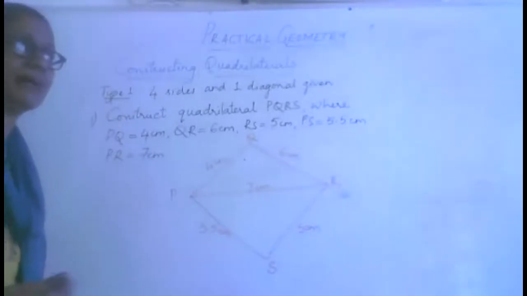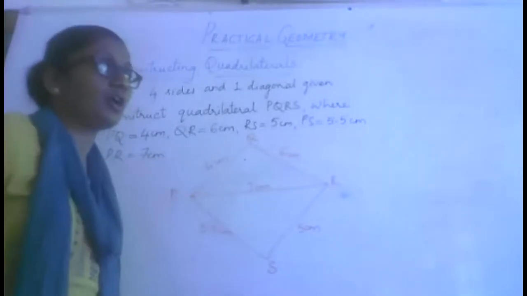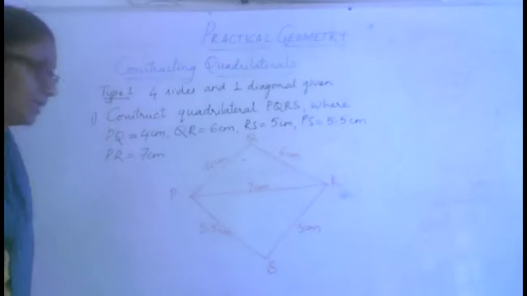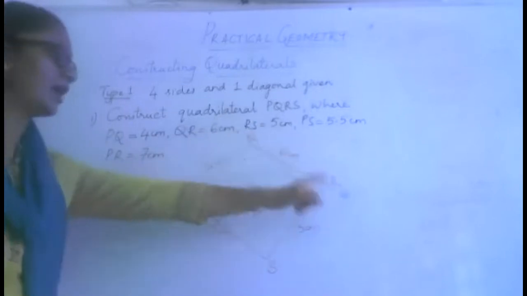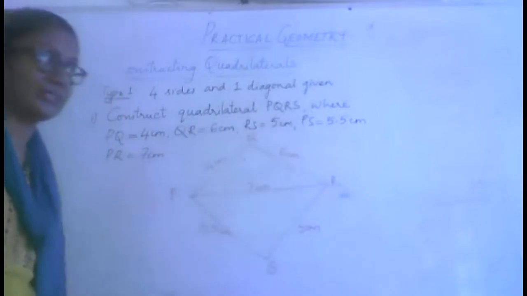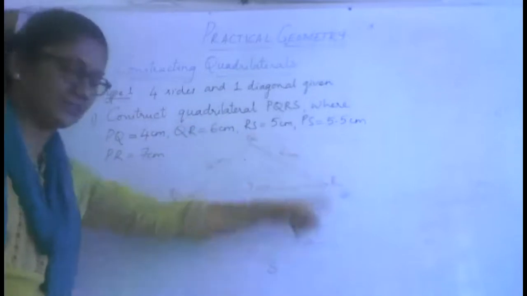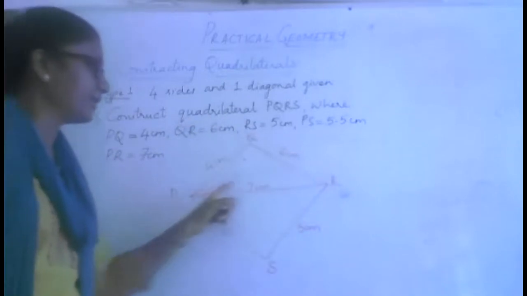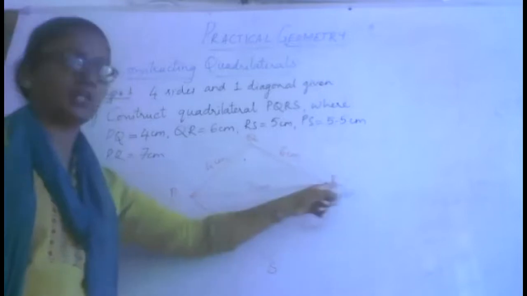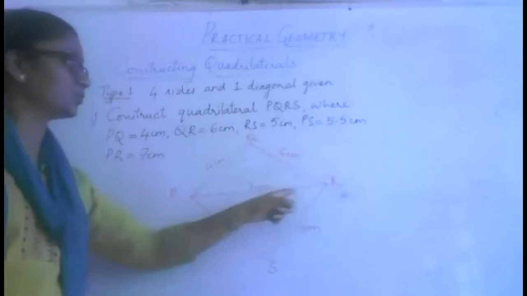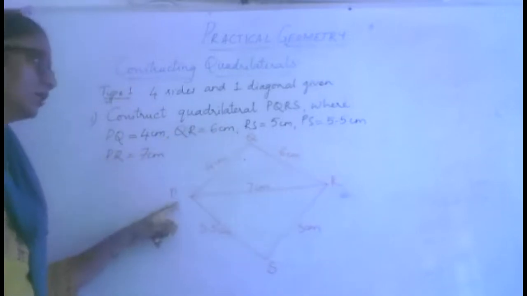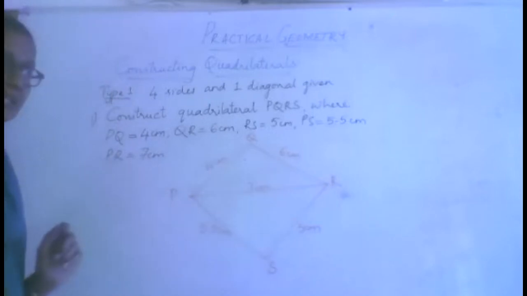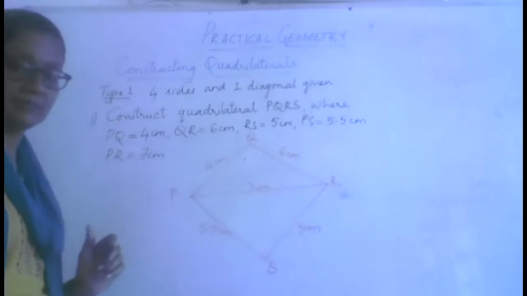Once we are able to visualize them, only then we can start with our construction. Now, what do I mean by visualizing? When you draw the rough sketch, you will understand. Now, I have taken P, Q, R, S in the clockwise direction. And I have maintained PR in the horizontal manner. PR is one of the diagonals which is given to me. Why did I say PR is a diagonal? How did I find out PR is a diagonal?